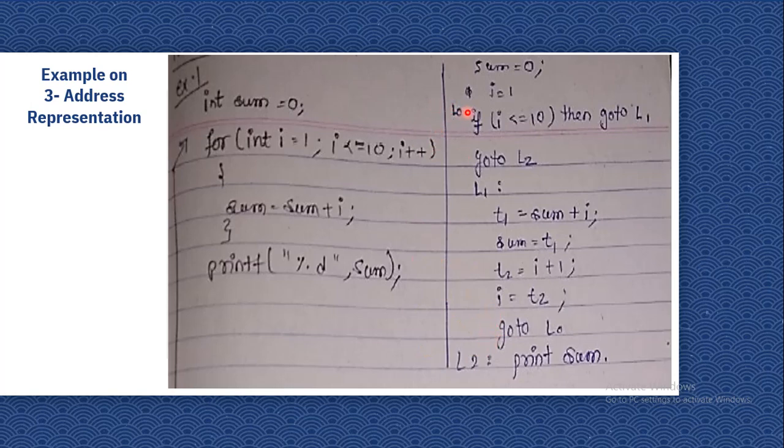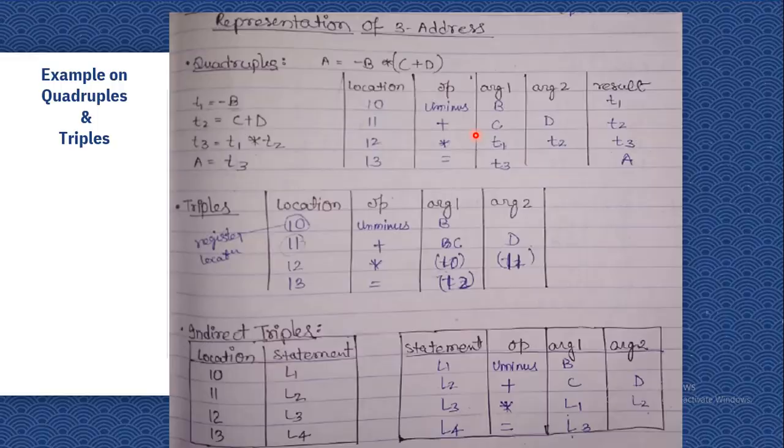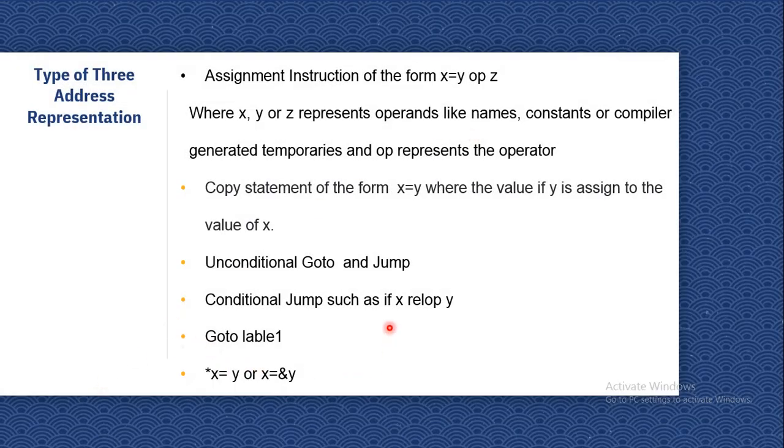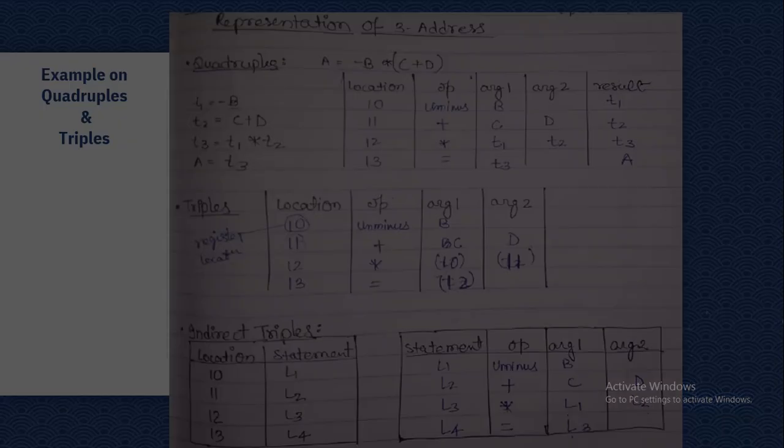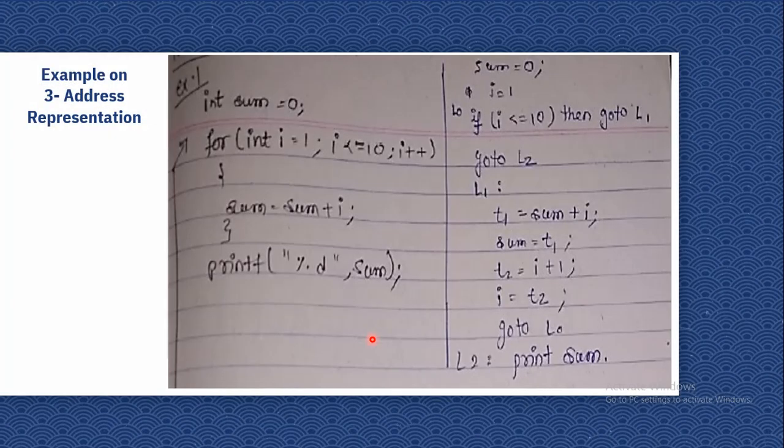So we are maintaining the loop by using this goto statement. If we have to convert the looping statement into the three address scheme, we have to use the if statement. You have to notice in this example that only if statements are shown in the three address scheme. Means only the if statement can be used, so the compiler has to convert all programming with the use of if statements only.